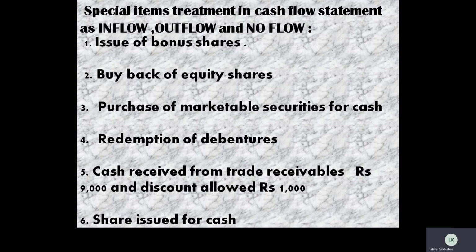The next is shares issued for cash. Children, the company issues shares as a source of finance whenever it is in need of money. In such a situation, issuing shares means presenting the shares in front of the public so that they can buy them. When the public buys, it results in an inflow of cash. So the effect in the case of the sixth transaction will be an inflow of cash.